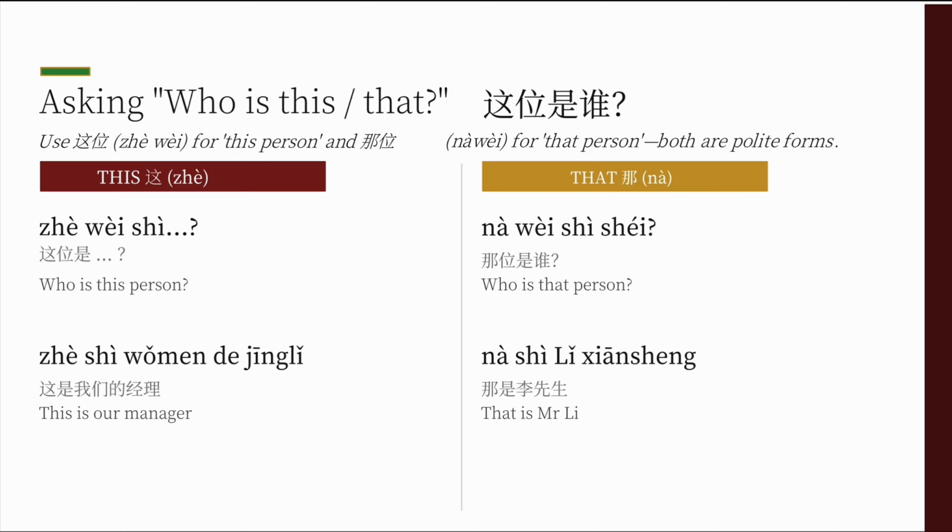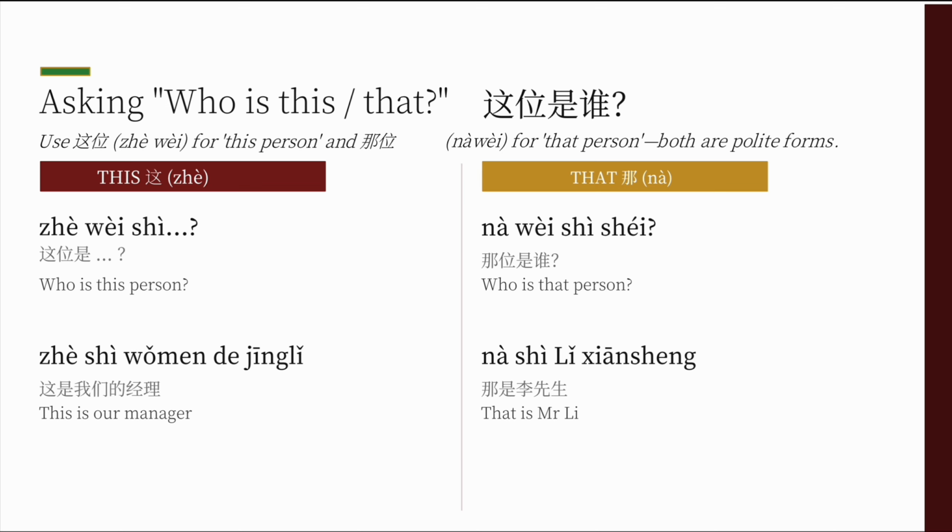And how to introduce other people. 这位是我的老板. This is my boss. And how to ask who is that? 这位是 when the person is in front of you, and when they are not there, you can just say 那是谁？那是李先生。这位是我们的经理。